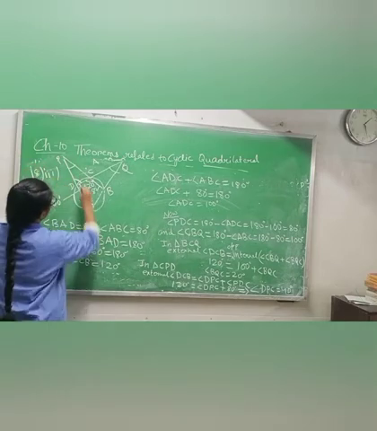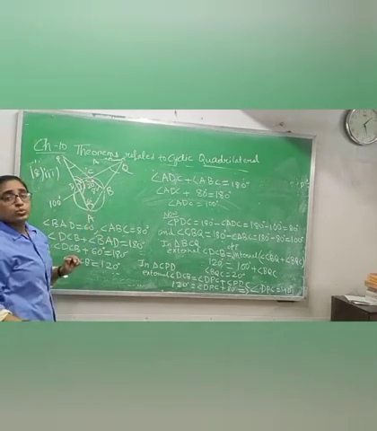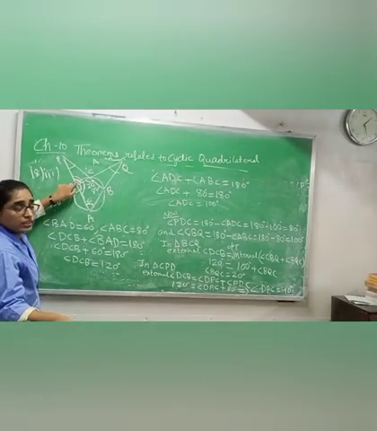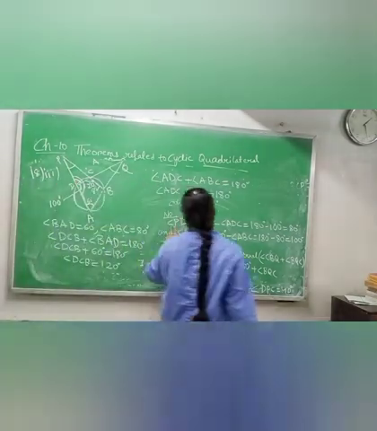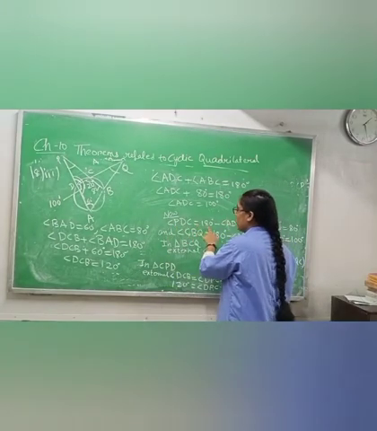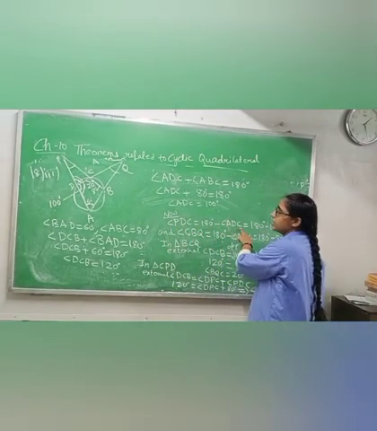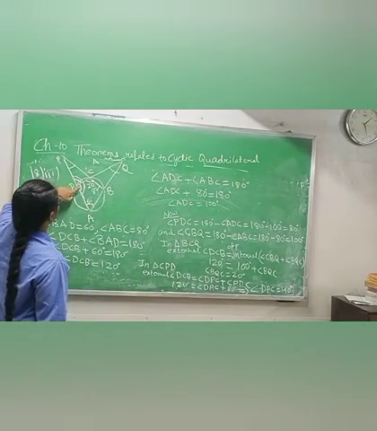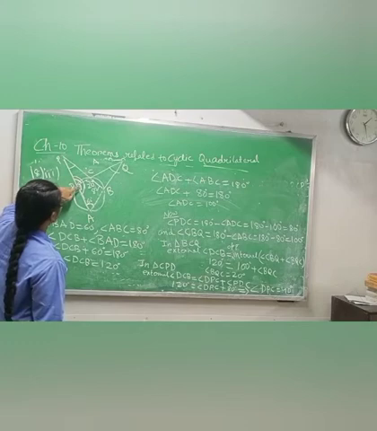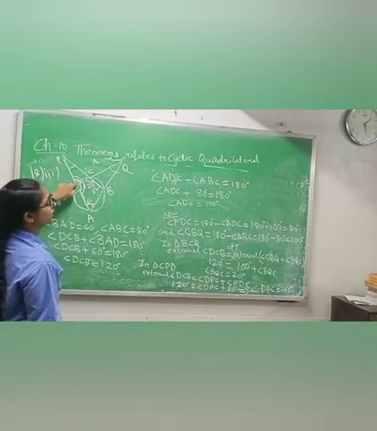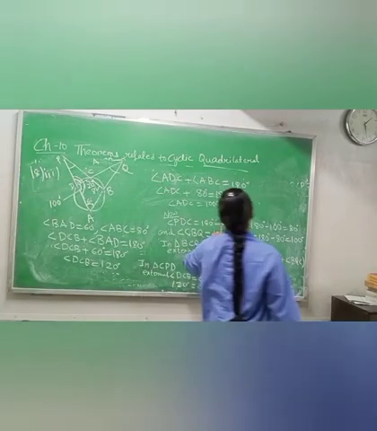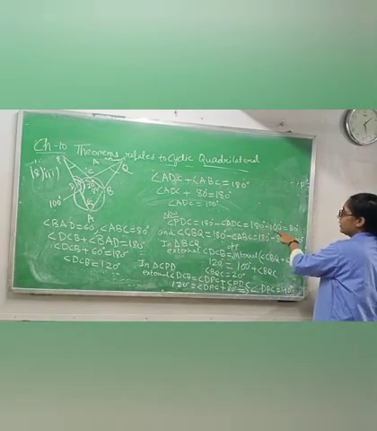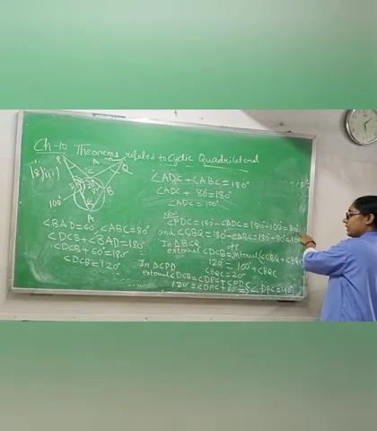It means the total angle is 180 degrees. If this one is 100, this one will be 80. That is why I have written angle PDC equals 180 degrees minus angle ADC. From 180 degrees, if I subtract only this one, I will get this angle. So 180 degrees minus ADC, and the ADC value is 100 degrees. So 180 degrees minus 100 degrees, I will get 80 degrees.